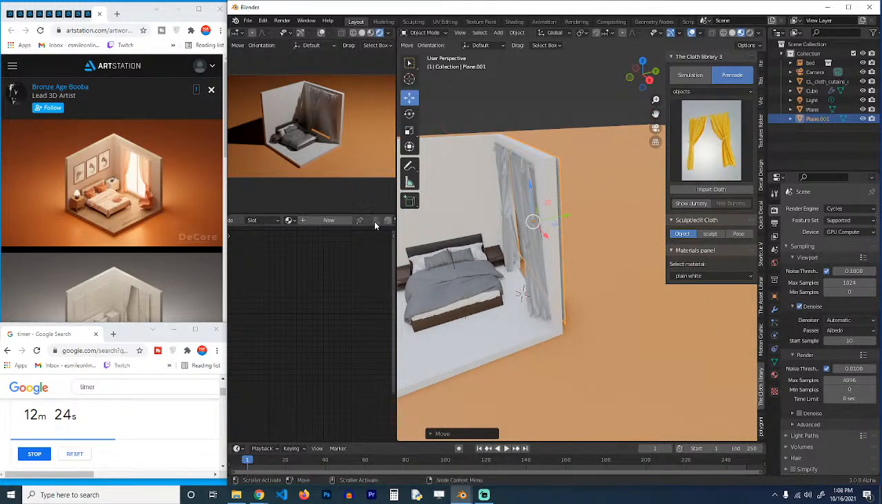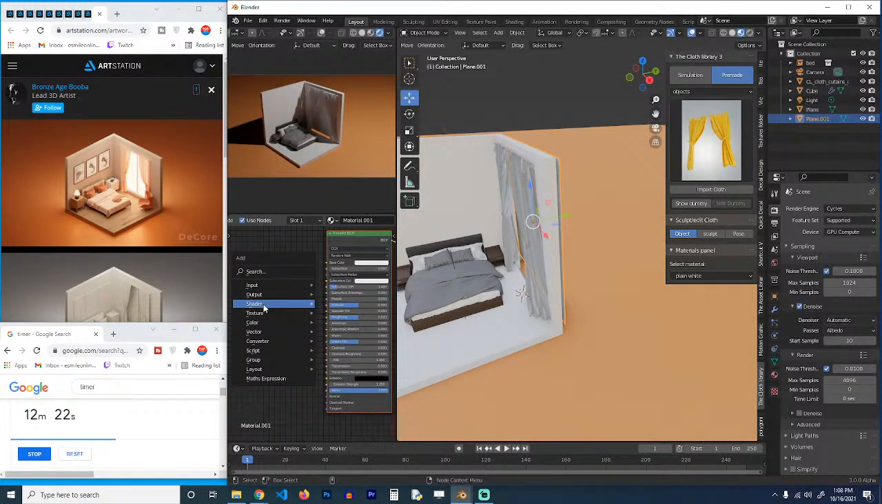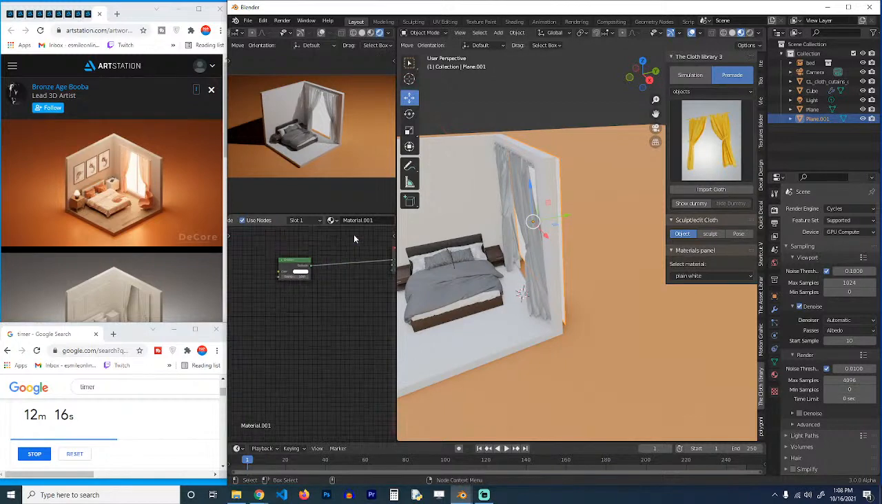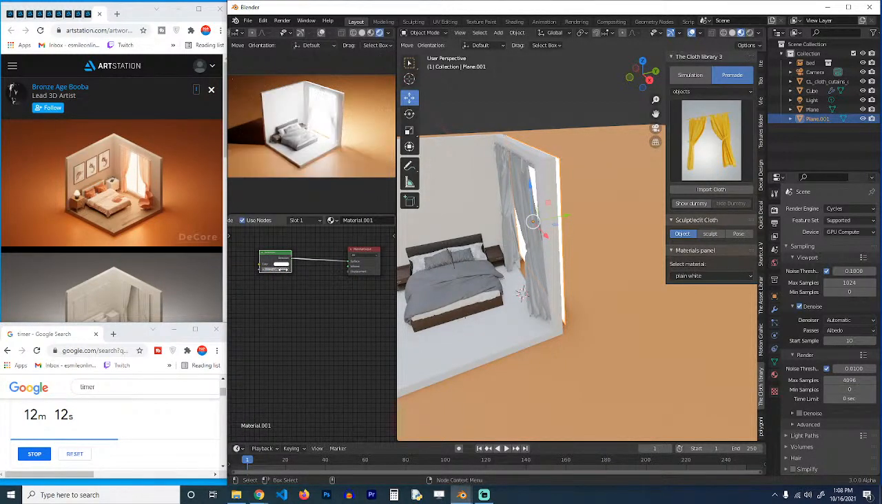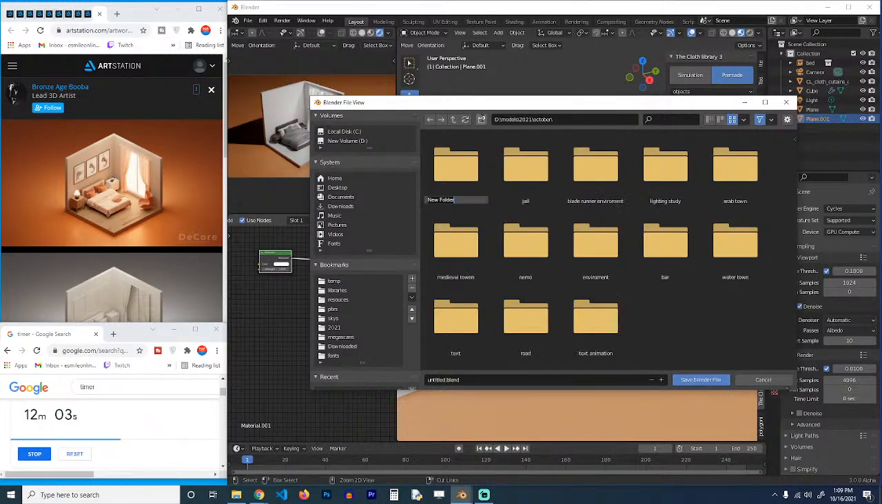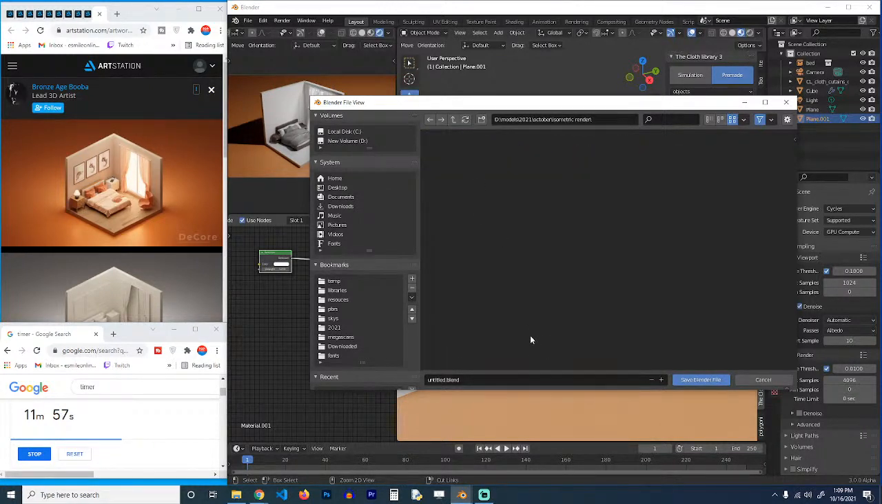So new material, shader, emission, like that. Let's try 20, or let's try 5, like that. So let me save this as isometric render. Now, one thing you will notice is that